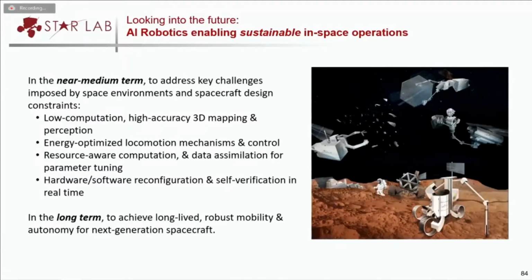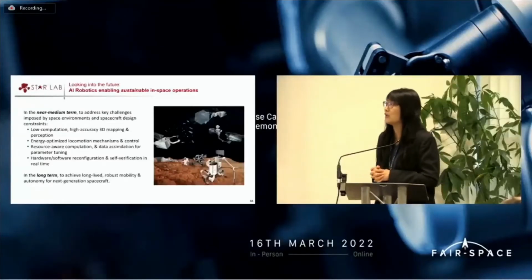So that includes low computational, high accuracy 3D mapping and perception. As you would appreciate, when you really want to use very controllable robotic mechanisms for those tasks, there is almost like a hidden objective there for accuracy and precision. And then there's also energy optimized locomotion mechanism, because we don't have the luxury of all the energy in the world. When you are in outer space or deep space, we have to be very resource aware when we design